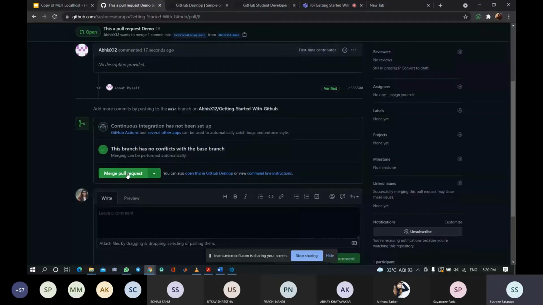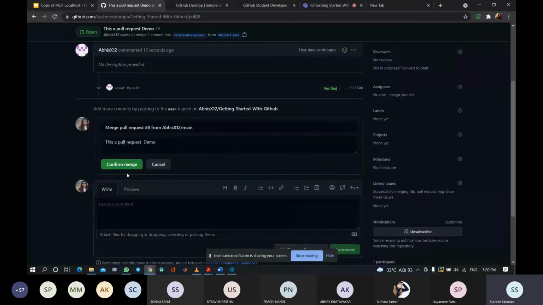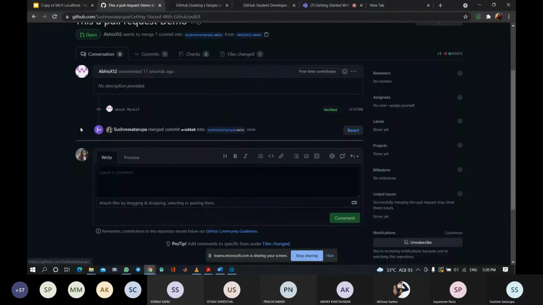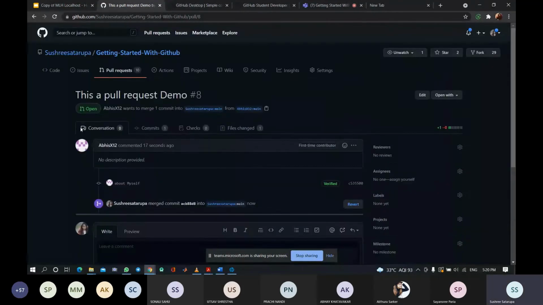This often happens as a pull request, which can be thought of as a request to merge. So I am merging the request, confirm merge. Abhi, you can see a notification that your request has been merged. Let's merge the other requests also.